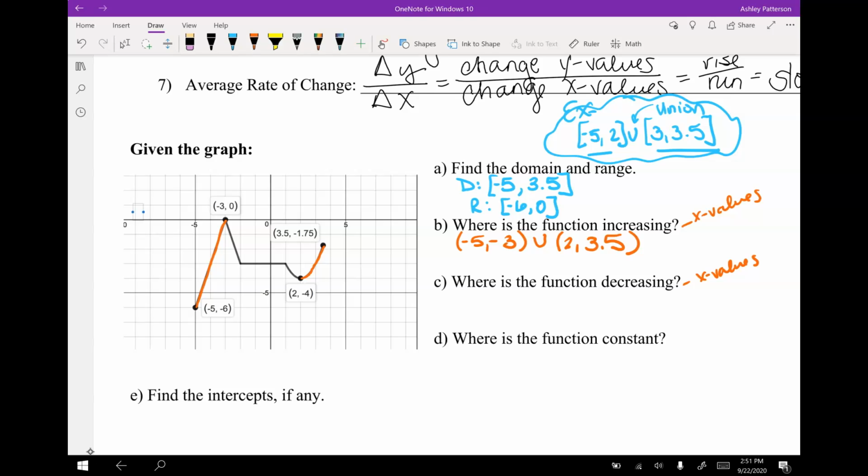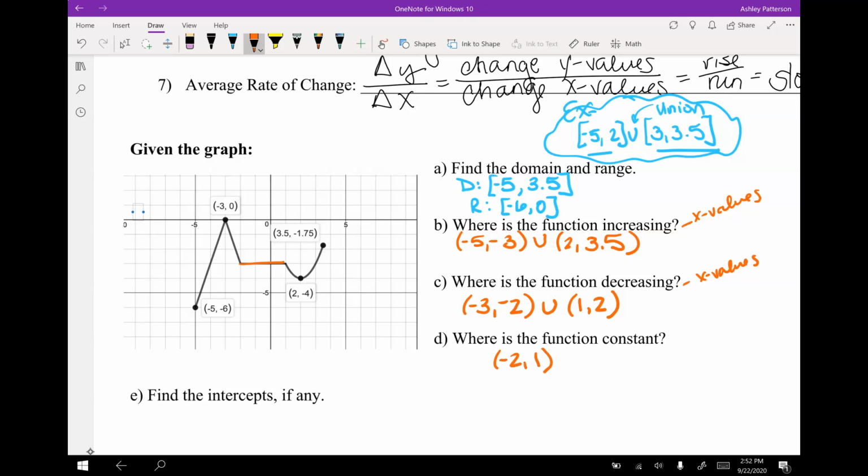Or, in this case, decreasing. Okay, it looks like from -3 to -2. Okay, so we're going to write that as our first, -3 to -2, union, I think 1 to 2. Those are the only intervals in which our y values are decreasing. So we have 2 intervals of increasing, 2 intervals of decreasing, and hello, we are constant from -2 to